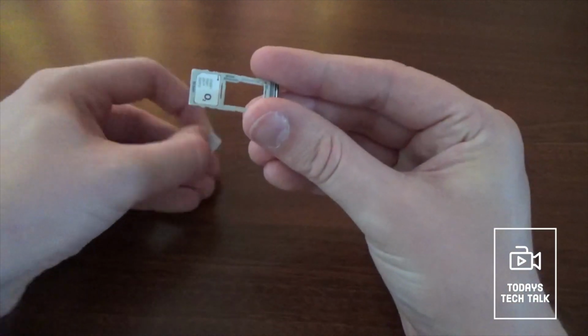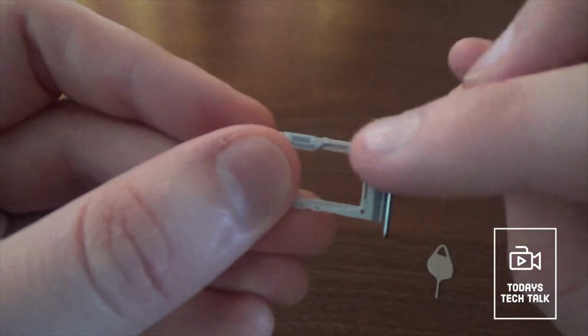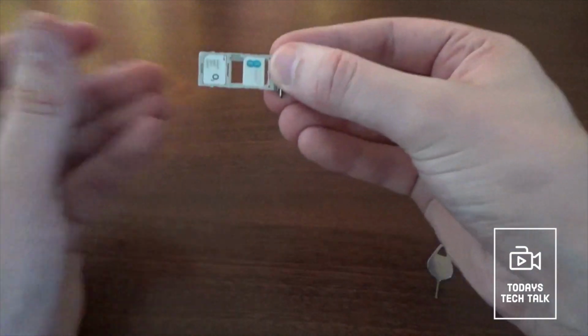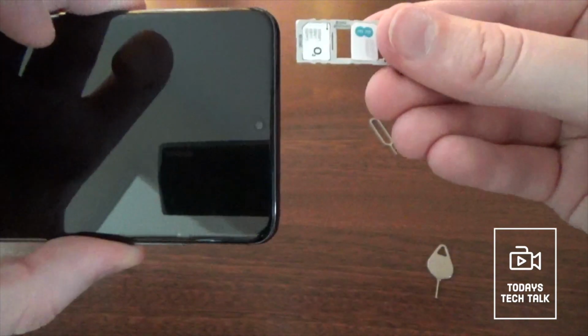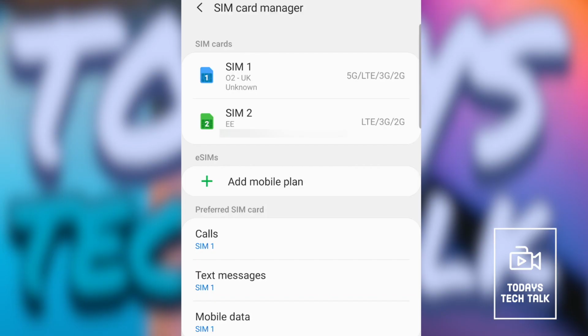Second SIM card might be a little bit tricky to get as it needs to actually hit on the little ridge. I don't know if you can see here. Okay, good job. First time lucky, you place it back into the slot just like that. Okay, so once you go to your settings, you can see your two SIM cards and you